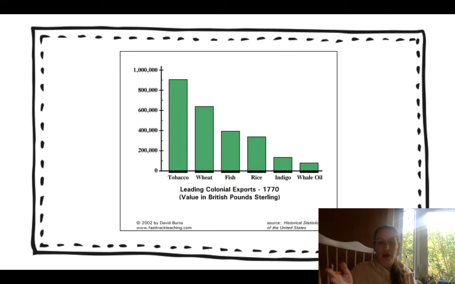for this unit on the different colonial exports. So this covers sort of all the colonies. So keep in mind, tobacco was mostly from, say, Virginia. Wheat was often from the middle colonies, say Pennsylvania. And things like fish and whale, well, fish could come from most of the colonies, but whale oil was primarily from Massachusetts and other New England colonies. So this is tying into your last video on mercantilism, some of those exports that the British were profiteering from.